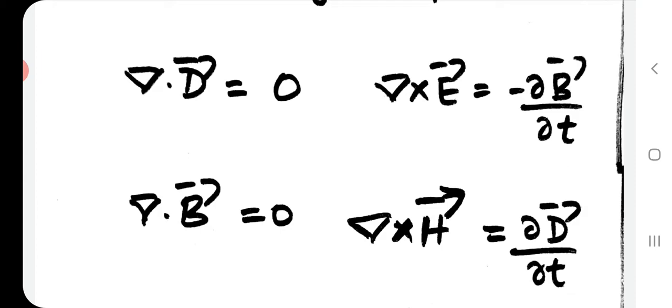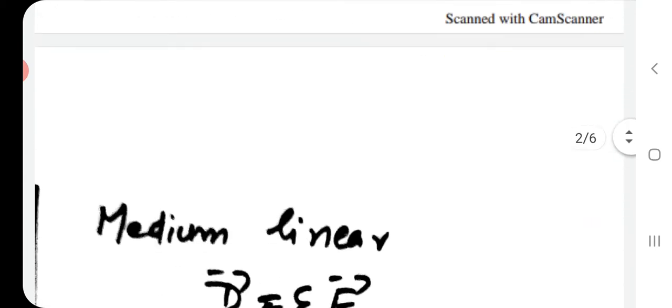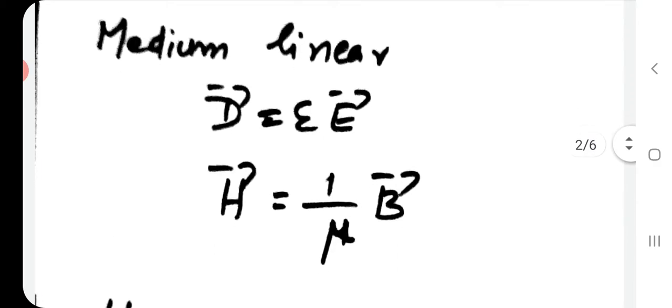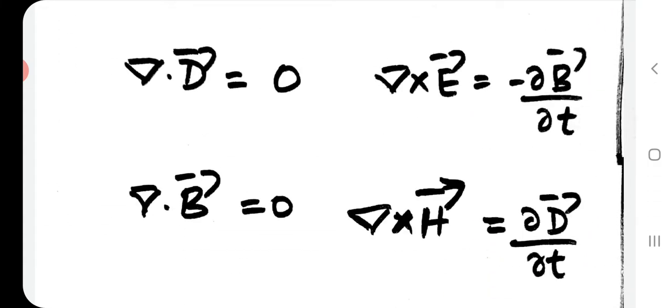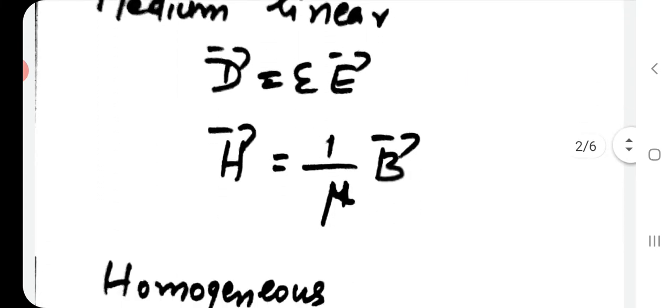Okay, so these are the Maxwell's equations, and if we consider a linear medium, we know D is equal to epsilon E, the displacement, and H is equal to 1 by mu B. So if we substitute for D and H in the Maxwell's equations, we will get